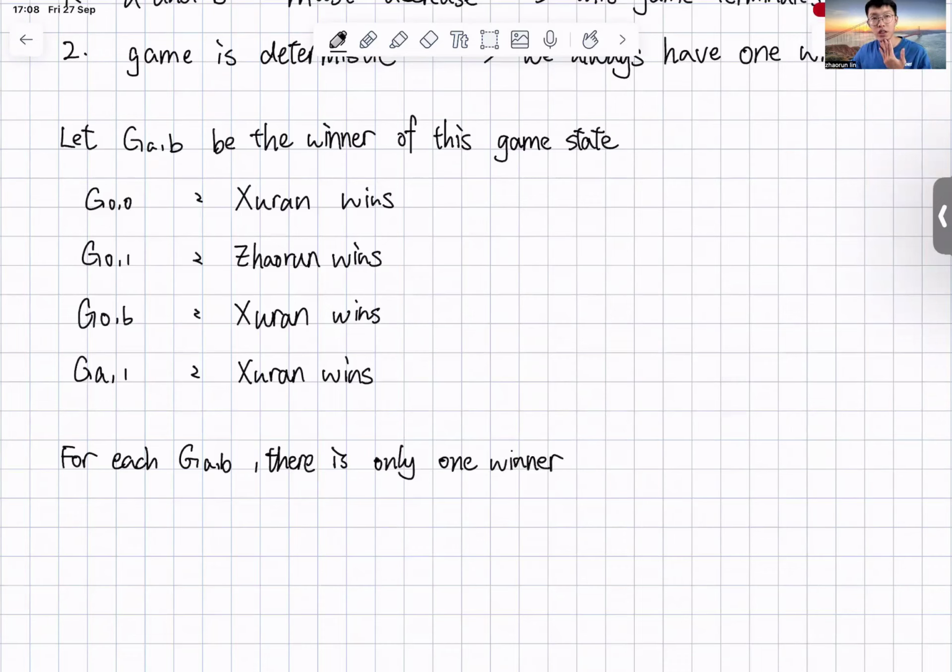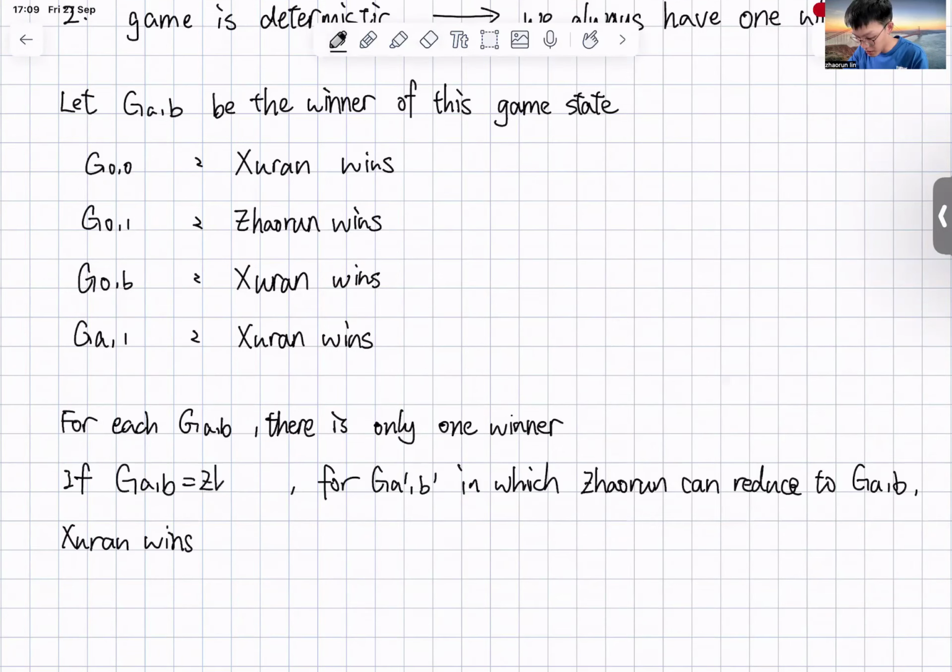So if you think of it, if Xuran wins in a particular game state, then for any value of A and B, let me write it. This game state, I win. So for this game state A and B, I win. Then if there are any other game states of higher value, A prime and B prime, and I can reduce it to this